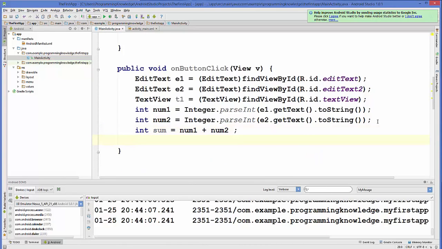So this will give us the sum of these two numbers, and then we can display this sum in our